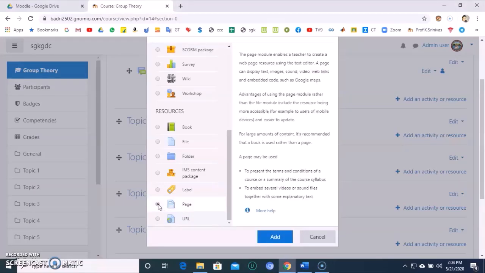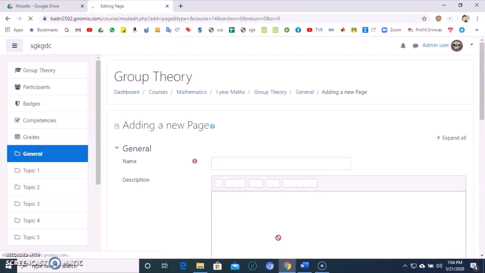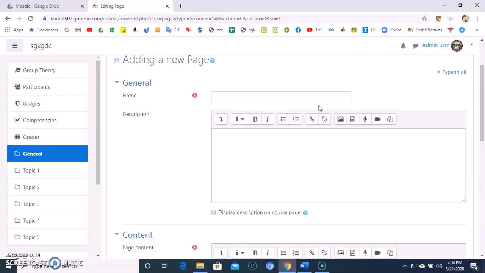Click on page, read these terms and conditions, and then click on the add button. So now you can add a new page. So I already told you we are going to add a syllabus, so I'll keep the detailed syllabus of this course of group theory.